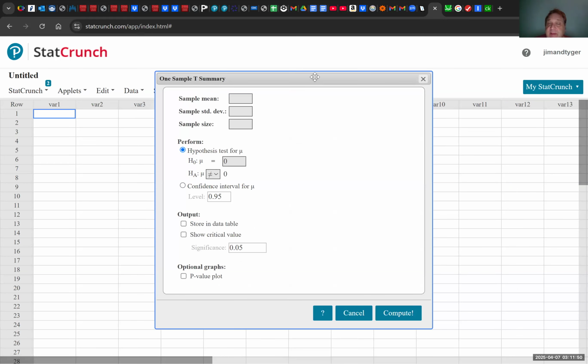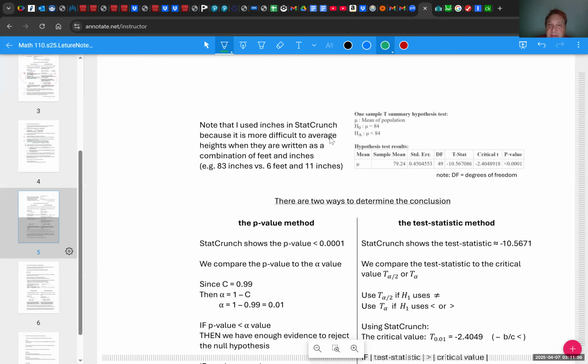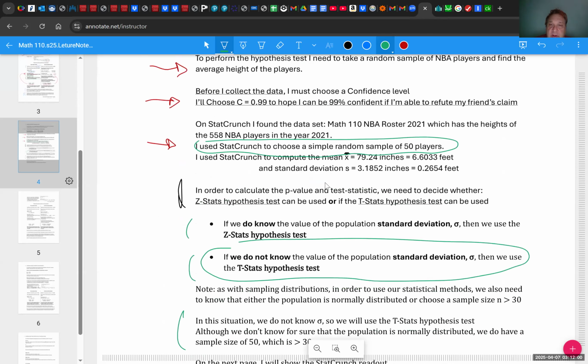And then I have to type in the sample mean, which I'm going to have to get off of the previous page. Sample mean was, here we go. Sample mean, blue over here, was 79.24 inches or 6.6033 feet. And the standard deviation was 3.1852. So 79.24,